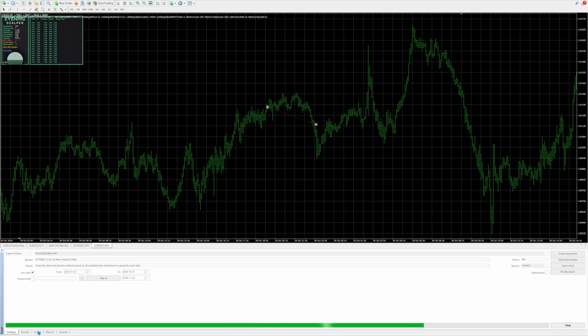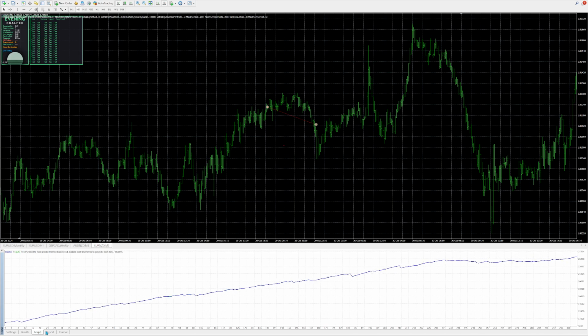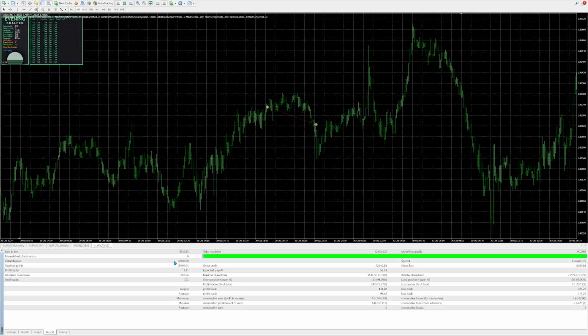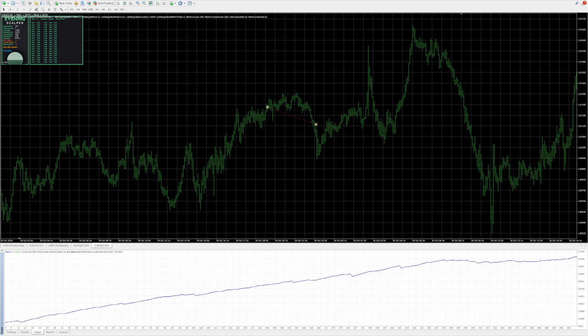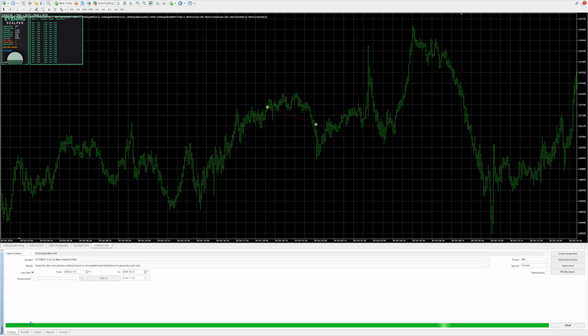So let's just see that. There you can see the profit is substantially more. The profit factor stays the same. The drawdown does increase. Still, 5% is a really low maximal drawdown with a 7% relative drawdown. Very acceptable in my opinion, with a very, very good net profit. So great performance based on testing over the past 4 or 5 years. So that's on the